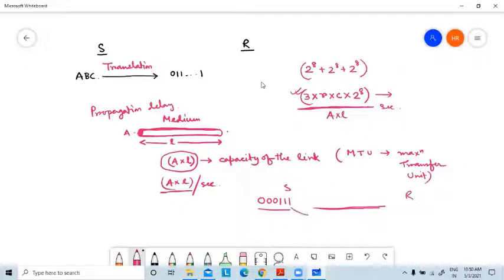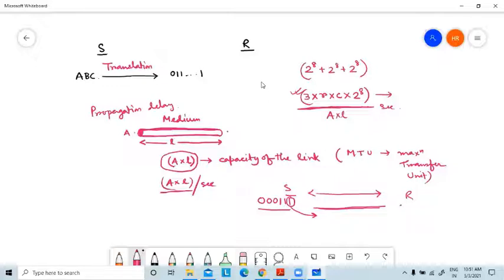First I will send the first bit, then the next one. Now this first bit, when it is released from the sender and when it reaches the destination, the time required to transfer only the first bit